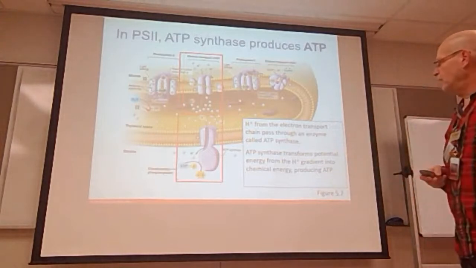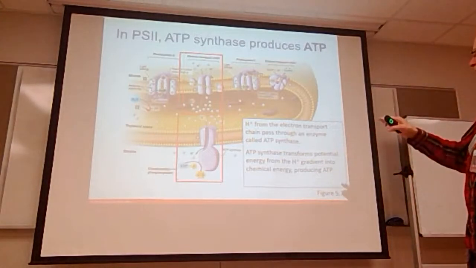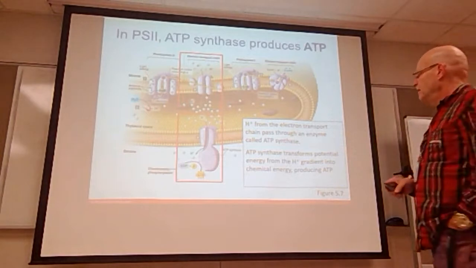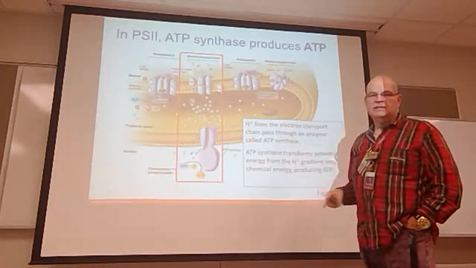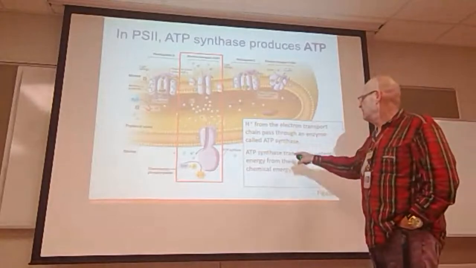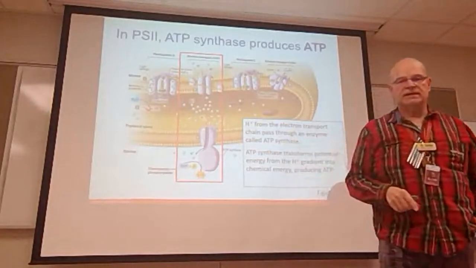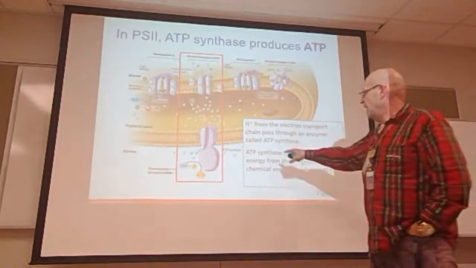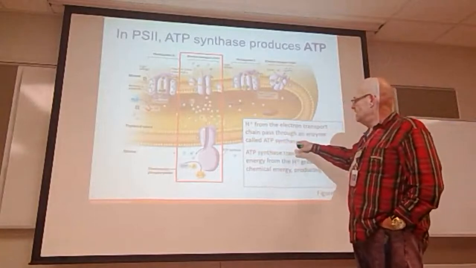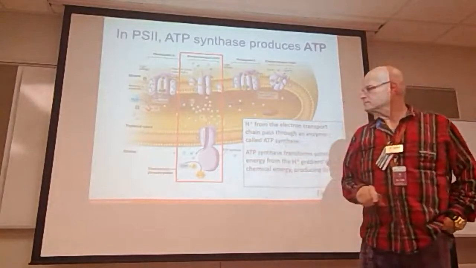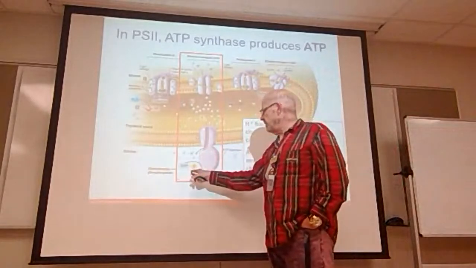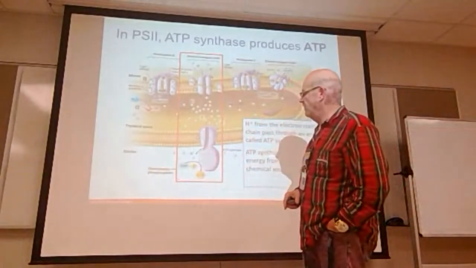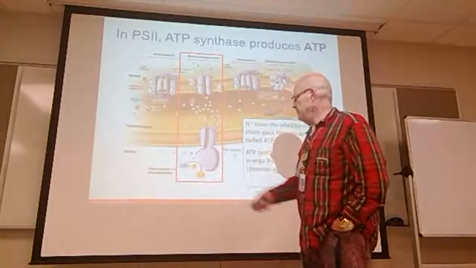Then the hydrogen from the electron transport chain passes through the enzyme called ATP synthase. Remember, synth means to make something. You synthesize it. ASE always indicates an enzyme. And since it's called ATP synthase, this is the enzyme that makes ATP. So you see you have an ADP come in, and this enzyme allows that third phosphate group to be added